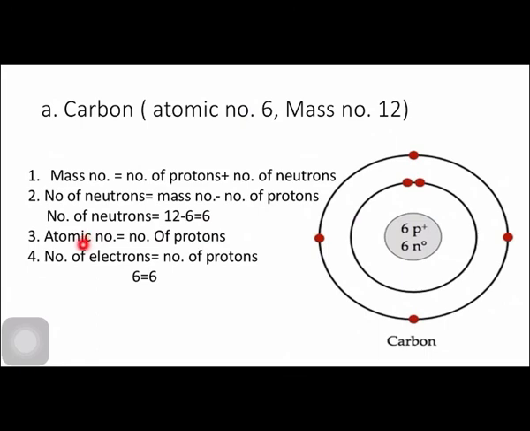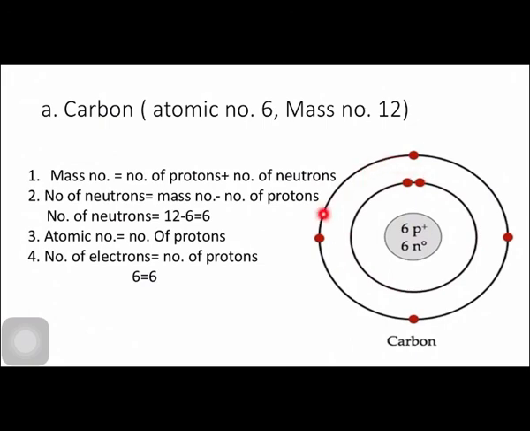We know that the atomic number is equal to the number of protons, whereas the number of electrons is always equal to the number of protons. Now to draw the Bohr atomic model, sharpen your pencils and use a compass. In the center of an atom, we will draw the nucleus. Inside the nucleus, we will write 6p for protons and 6n for neutrons. Then we will draw the first orbit, and inside the first orbit we put 2 electrons, because we know that the first orbit can accommodate a maximum of 2 electrons.